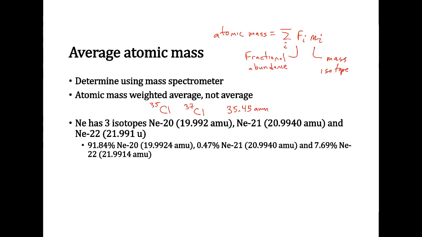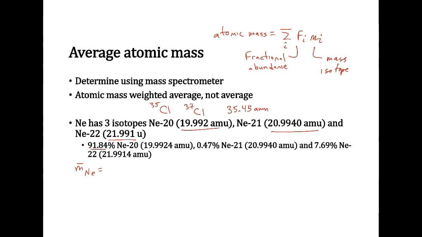Okay, so let's go ahead and look at this example. Neon has three isotopes: neon 20, neon 21, and neon 22. You are given the mass of each isotope here. So this is m sub i. And then down below, I give you the percent abundance. If we want to find the average mass of neon, we have to take a sum of the fractional abundance times the